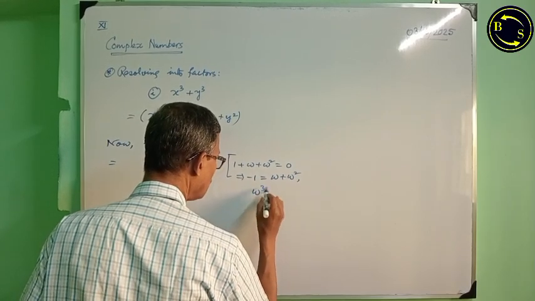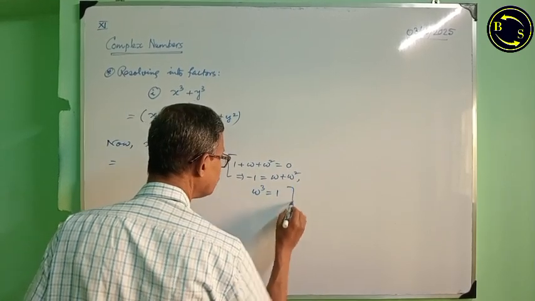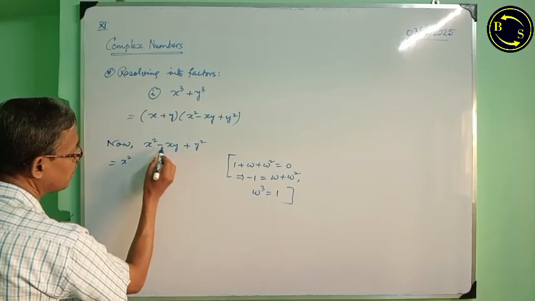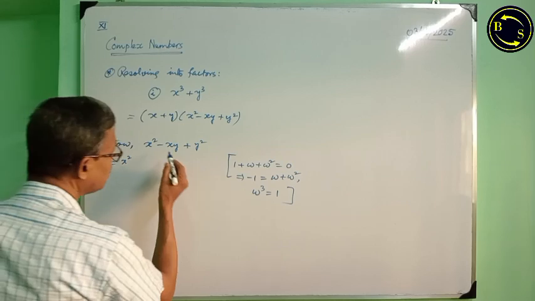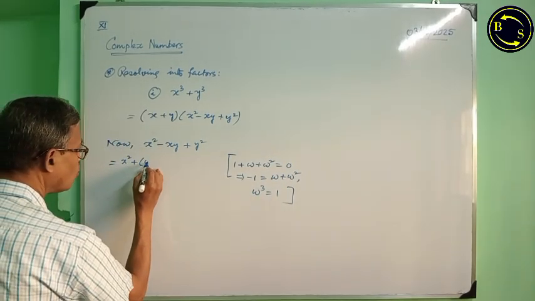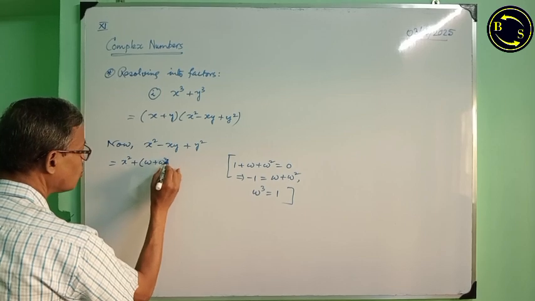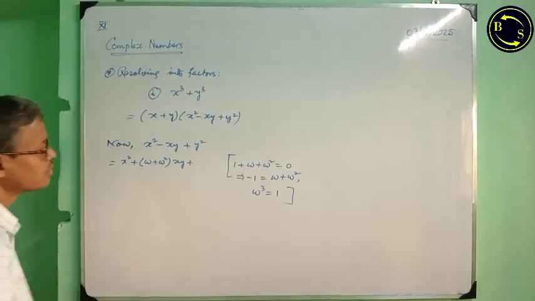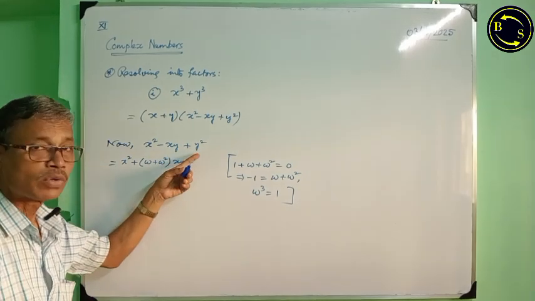Also omega cube equal to 1. x square, here minus xy, minus 1 into xy. In that minus 1 I put this value, plus omega plus omega square xy, plus y square means 1 into